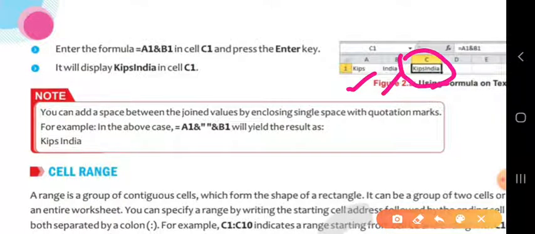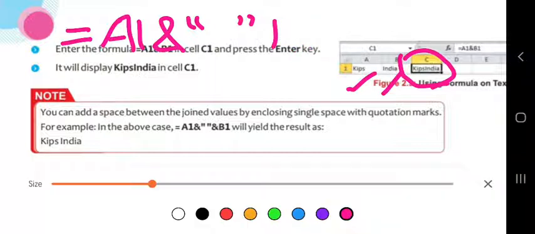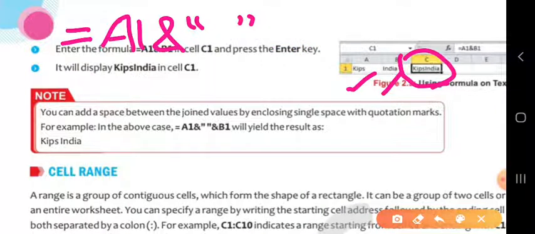KIPS India together. If you want to put a space in between, then simply you have to use this formula: equals A1, and then a double inverted comma, space, double inverted comma, and B1.